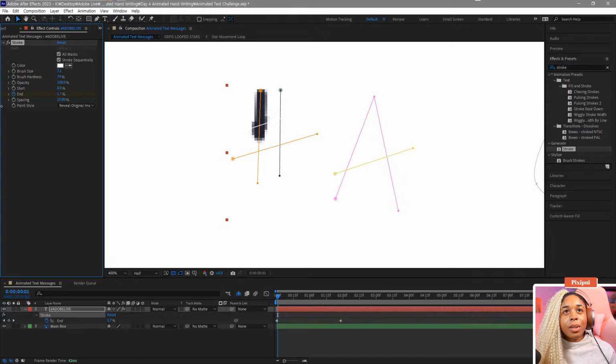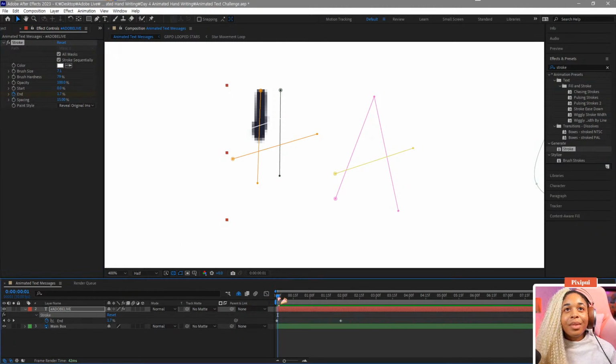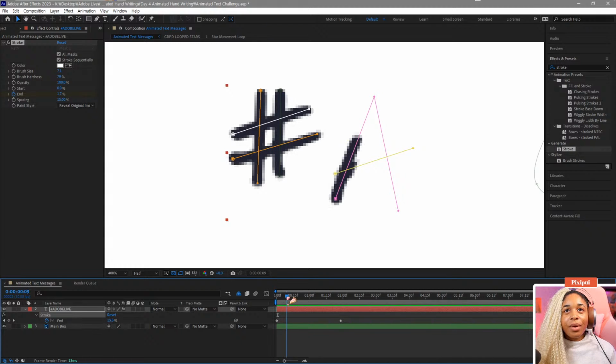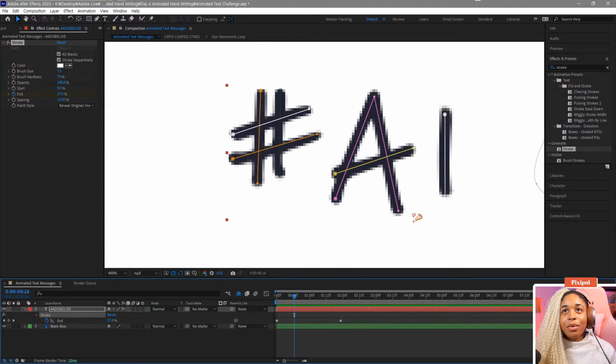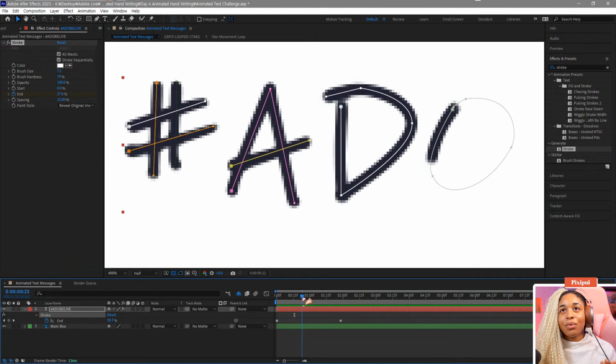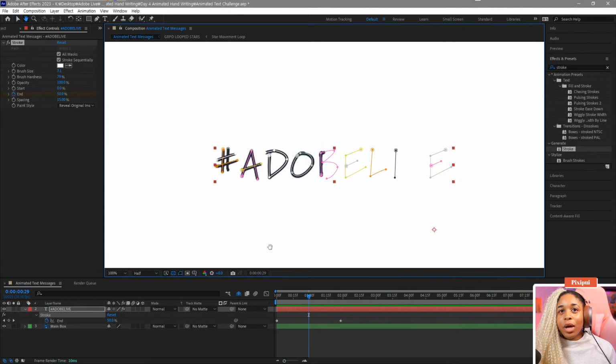There we go. So by decreasing your brush size, and yes, you can also keyframe this. Maybe you've got some parts that you're working on that need it to be smaller for it to fully show things, and then increase it. And if I click and drag through, it does a better job of looking like it's filling itself in. But if we were to press play,